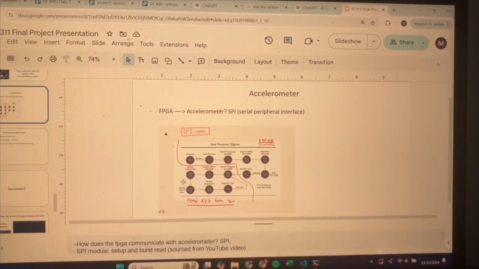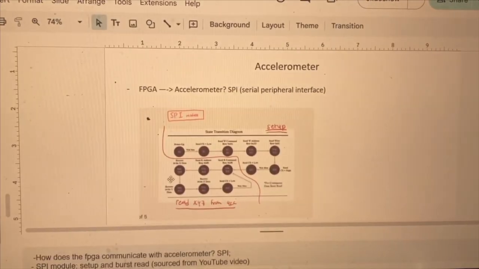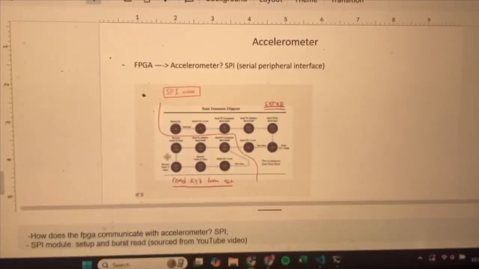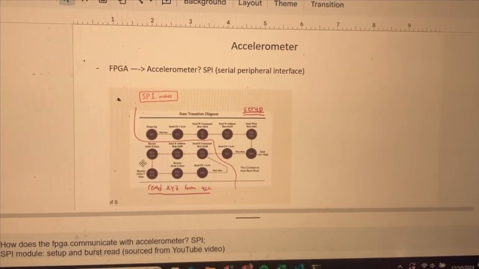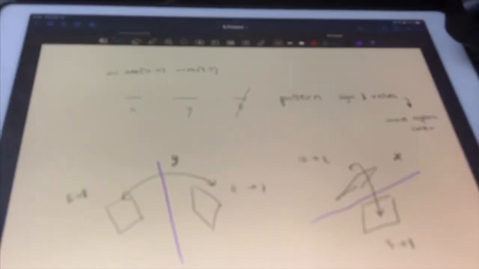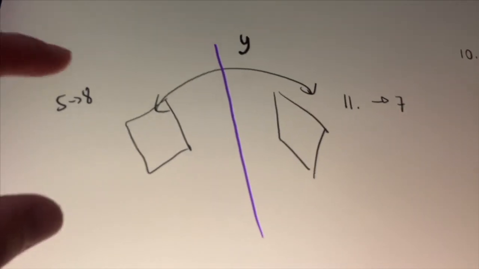Going back to our slides from the presentation, we did use some source code that allowed us to utilize the serial physical interface in order to communicate with the accelerometer. The source code allowed us to get some accelerometer values, which I found a pattern in, and allowed us to map those to tilts, which we used instead of buttons for our whack-a-mole game. So essentially, what would happen is that